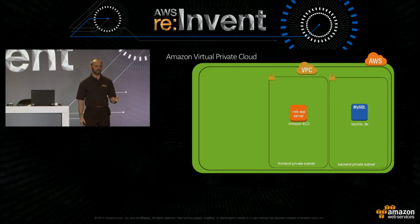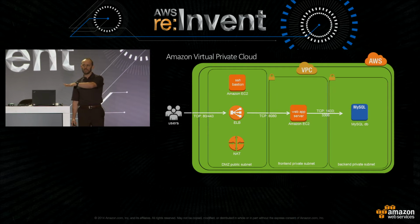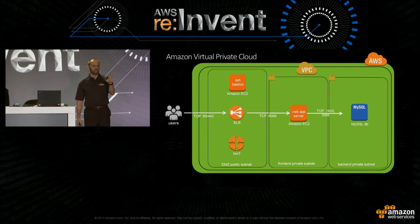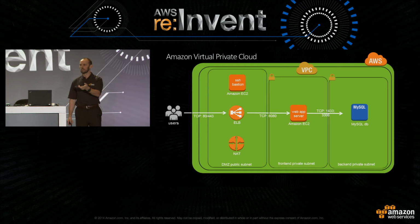The next thing I want to do is segment my ingress points. And here we've separated out the administration plane, the user plane, and my external access. The user traffic comes in through the ELB and hits the web server. And here you'll notice that in the ELB, we've changed the port. So while your typical web traffic's coming in on 80, this web traffic's actually being served out of a different port. So even if someone does get into my VPC somehow, the port's not where they're going to